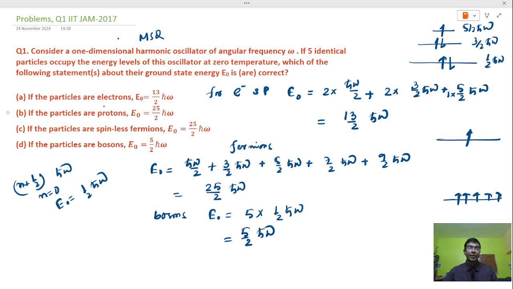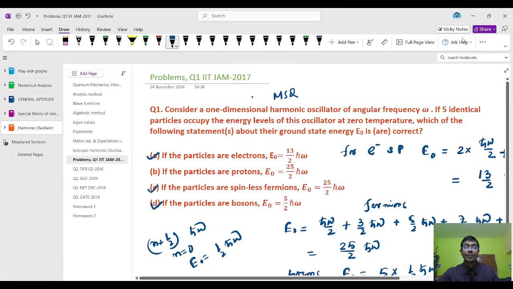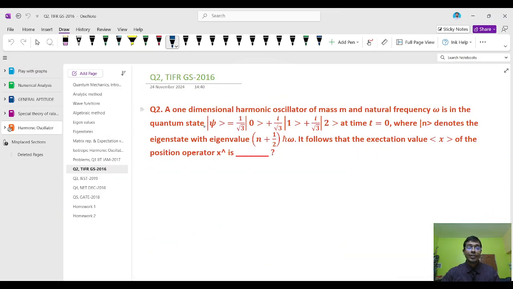So the answer 13 by 2, A, C and D would be correct. And one more thing, in an MSQ type question there is no partial marking, so be careful to solve this type of questions. Question number 2